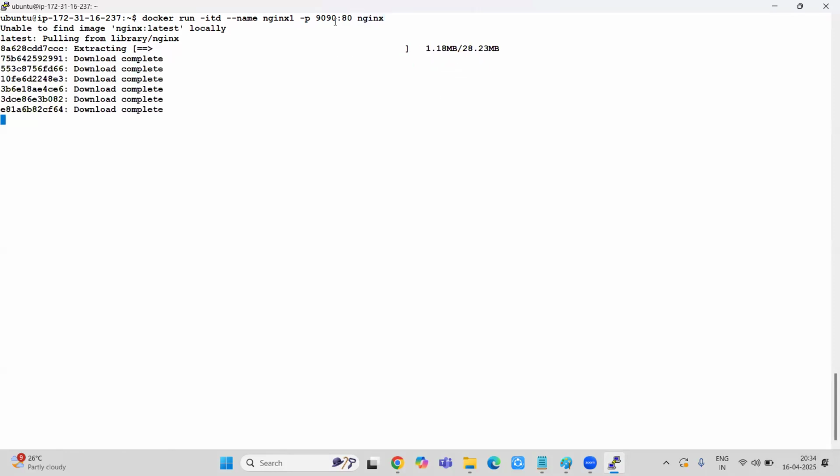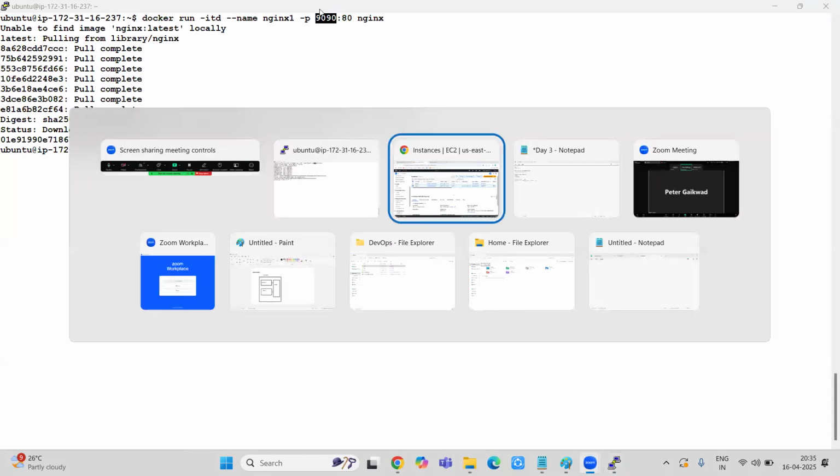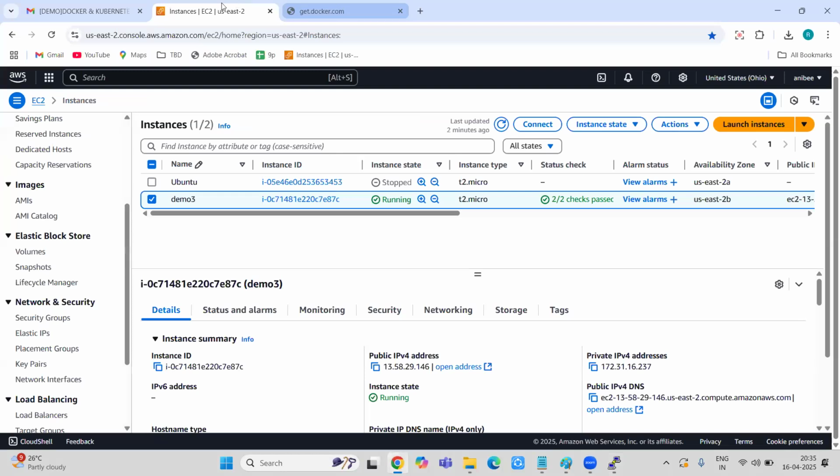Usually this Nginx server or Apache HTTPD would run on port 80. I'm giving a name to this, and -p means I'm exposing it to the host port. Internally the application runs on 80, but I'm exposing it to 9090 so that I can access it from outside my instance as well.